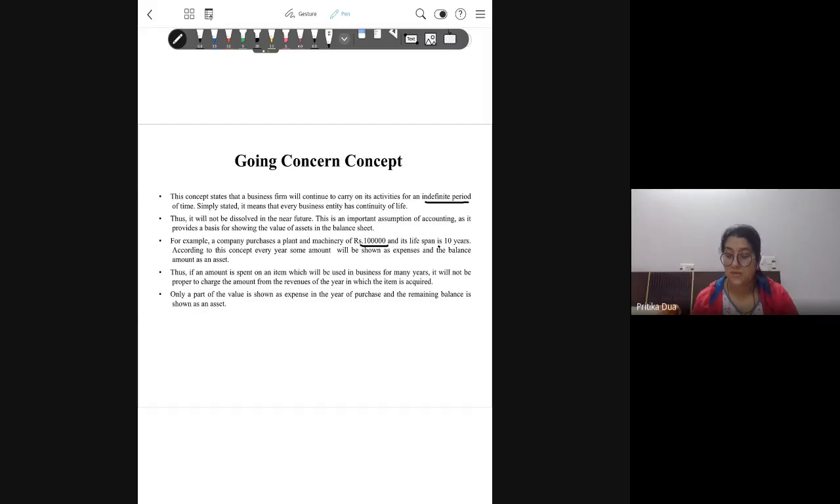So, if an amount is spent on an item which will be used in business for many years, you do not charge that amount completely in the year in which that asset has been acquired. अगर मैं पूरी अमाउंट 1 लाख की फर्स्ट ईयर में ही शो कर दूं एज कॉस्ट, तो उस ईयर में मेरे जो प्रॉफिट्स हैं या तो वो लोअर डाउन हो जाएंगे या फिर नेगेटिव हो जाएंगे, क्योंकि एसेट की अपनी कॉस्ट बहुत ज्यादा होती है।